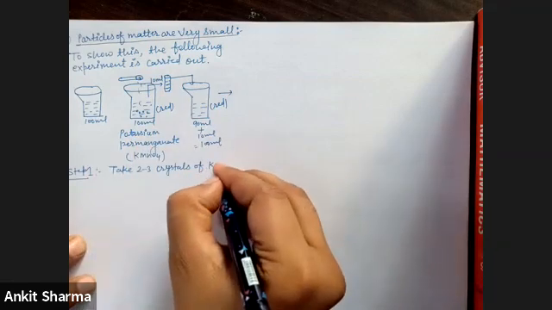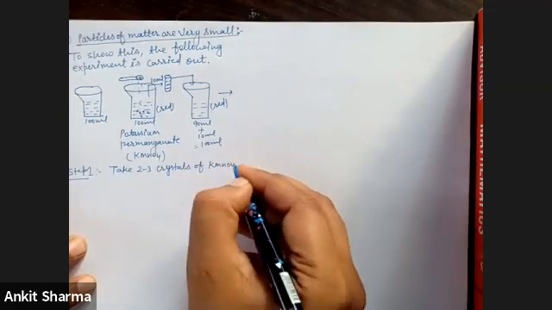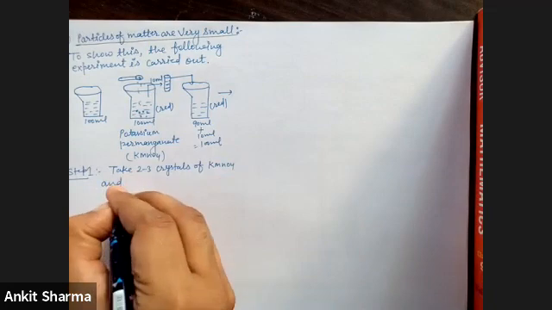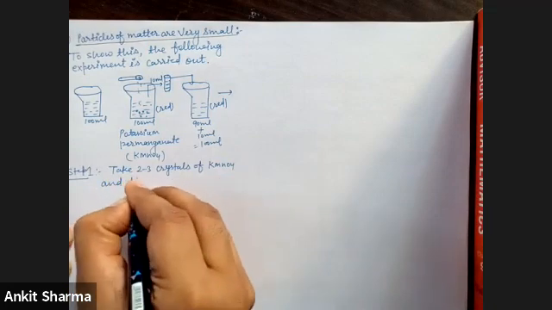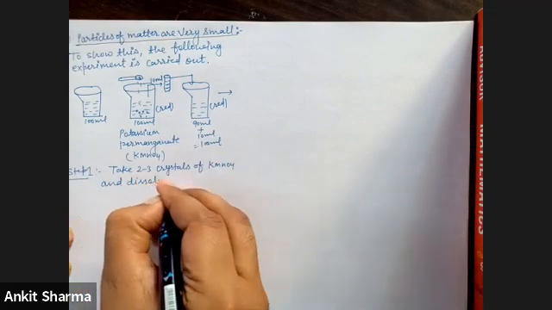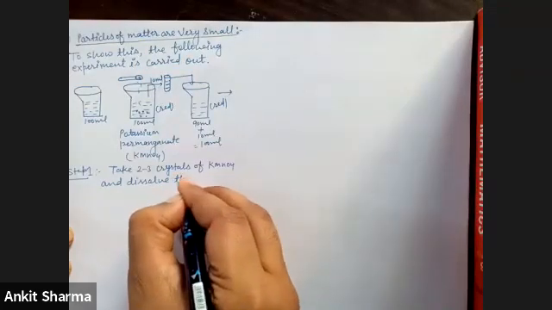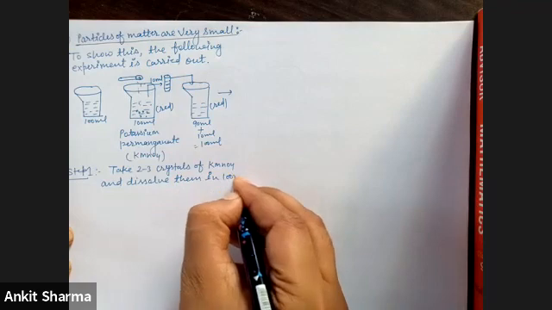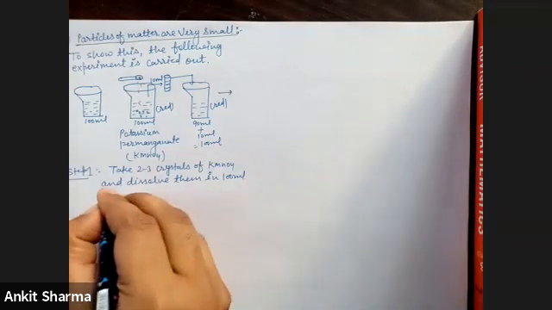Okay, I am writing a chemical name, KMnO4, potassium permanganate, and dissolve them in 100 ml of